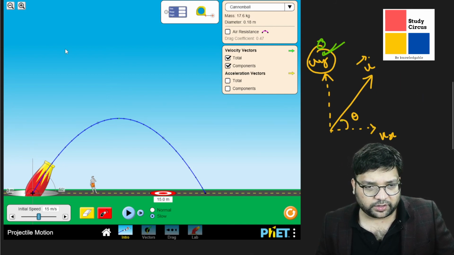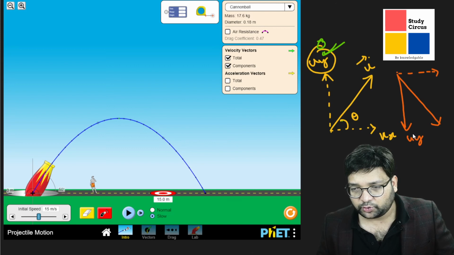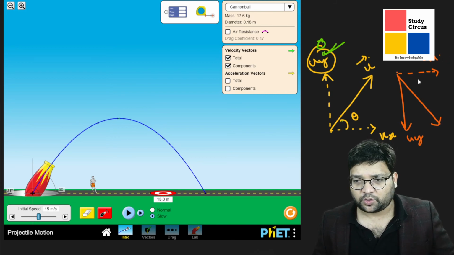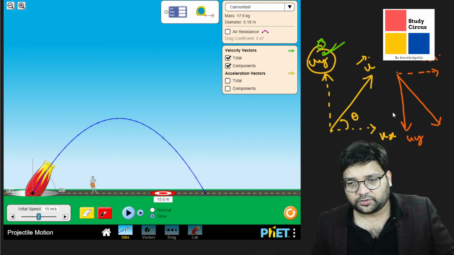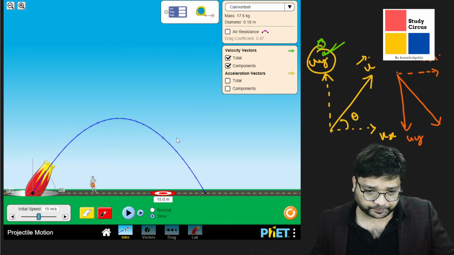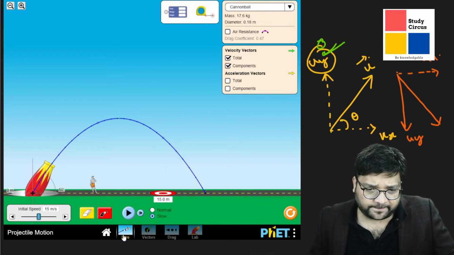So downward, just when it touches, the velocity has become this. The vertical component has again become the same amount, equal to uy as it was initially, and ux is obviously the same as it has been through the journey all along. So this is the case, and at the topmost point, fine.